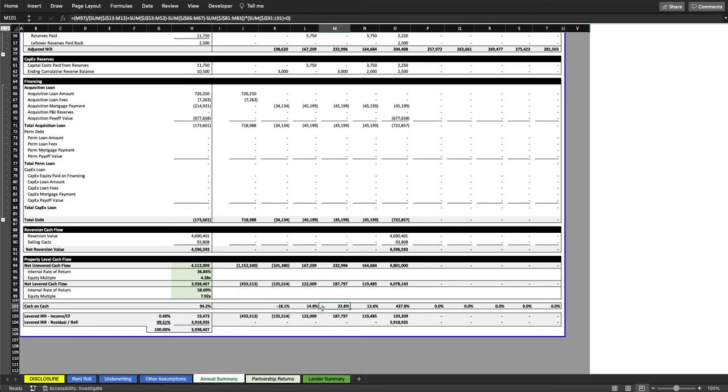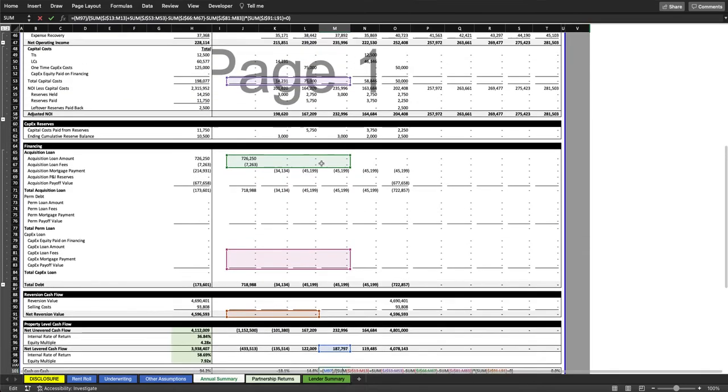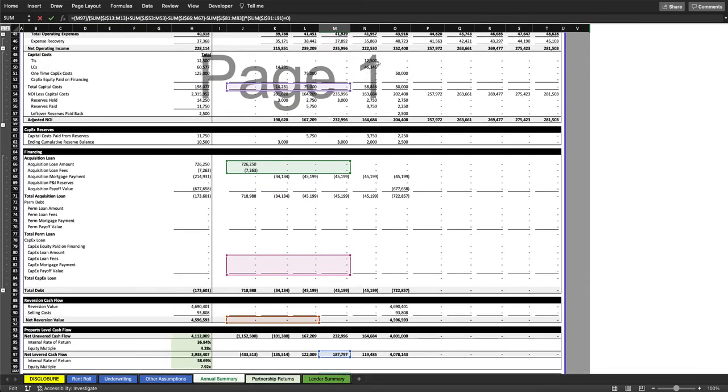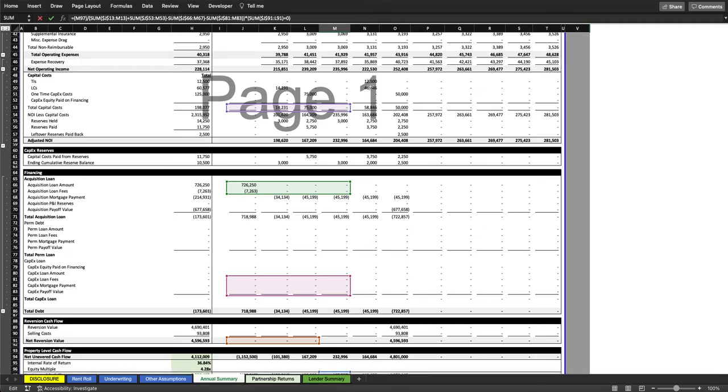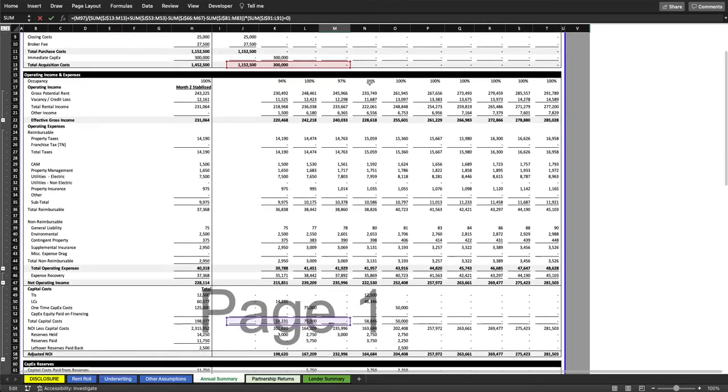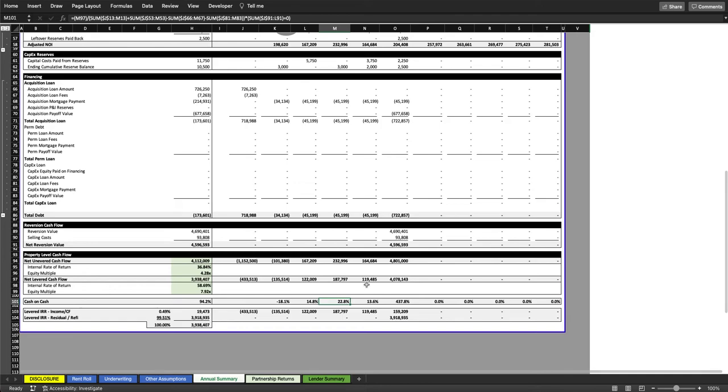But this is the cash on cash based on the costs that you're putting in. And remember, we have more CapEx coming in terms of TIs and leasing commissions in year 4. So that's why the cash on cash decreases for that next period, that next year. You could see what part of the project is coming from the cash flows, like the adjusted NOI,